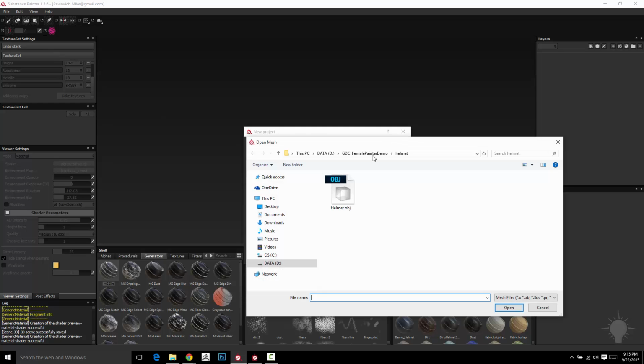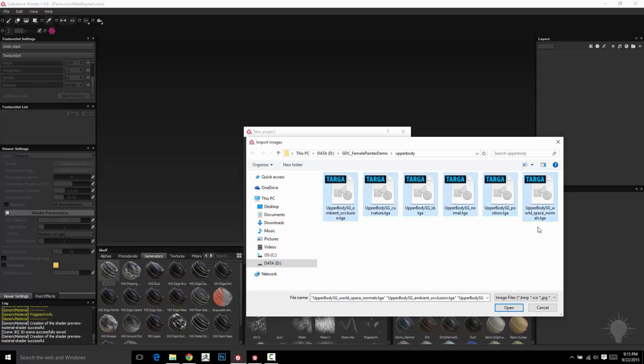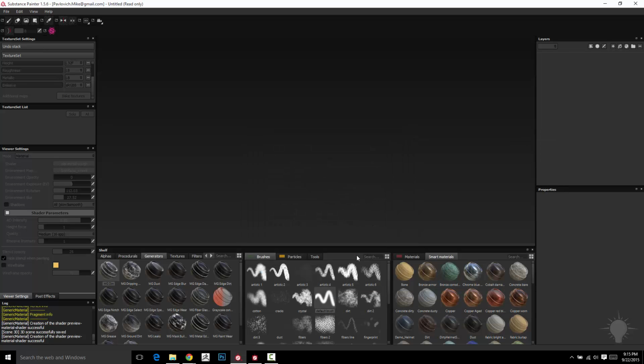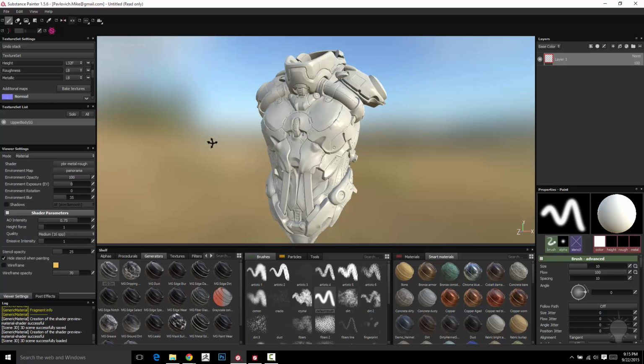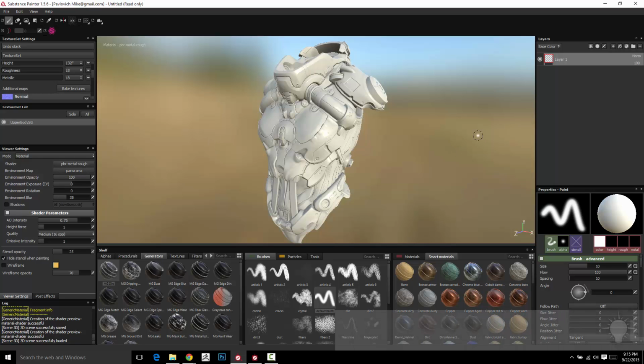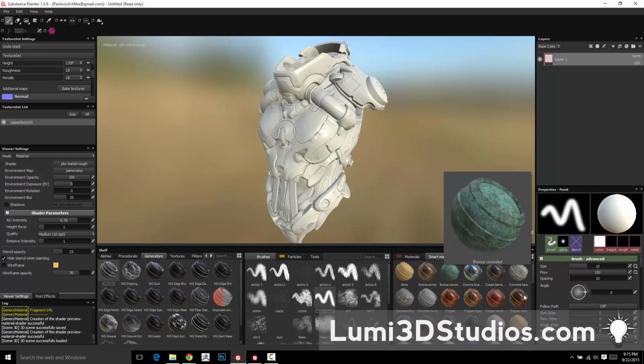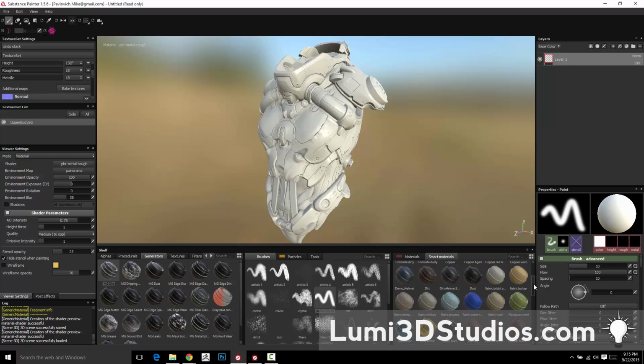And we're just going to go ahead and grab, instead of the helmet, I'm going to grab the upper body, OBJ, and I'm going to go ahead and add the targets. And click OK. And if they're named correctly, they'll be plugged in. If they're not, go ahead and plug them in manually. No big deal. So instead of going ahead and texturing this thing like we've already done, I can go to my Smart Materials here, and I can grab Demo Helmet, drag it right on top here,